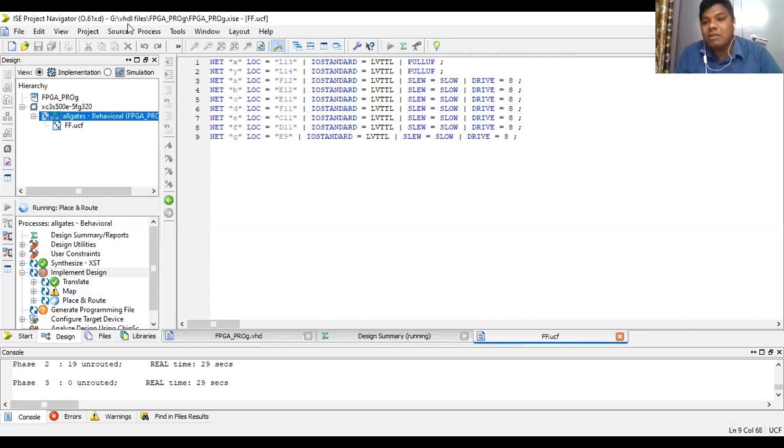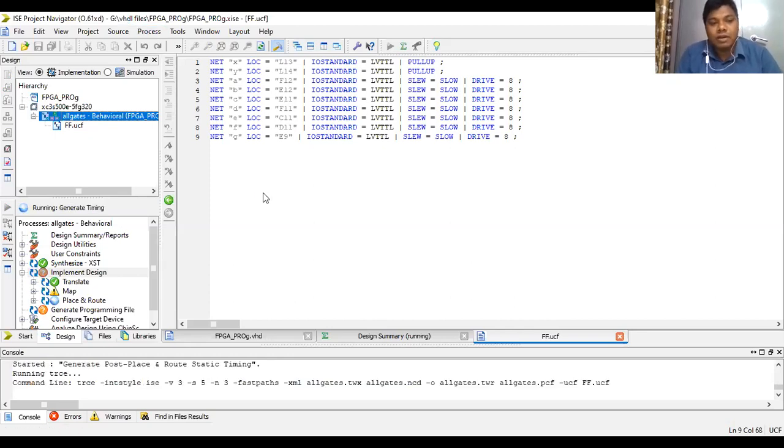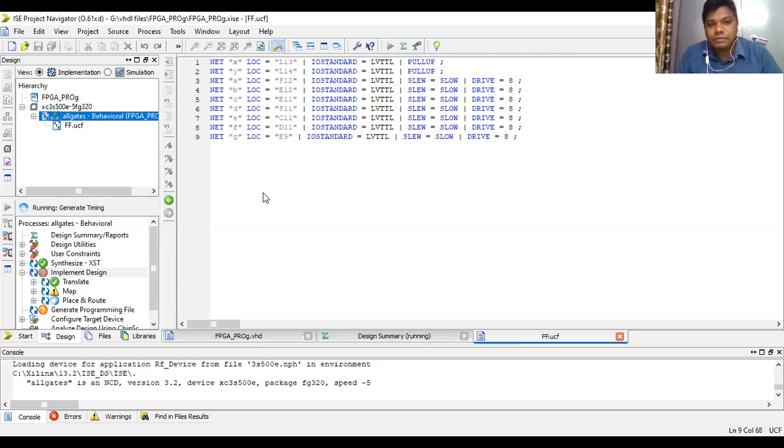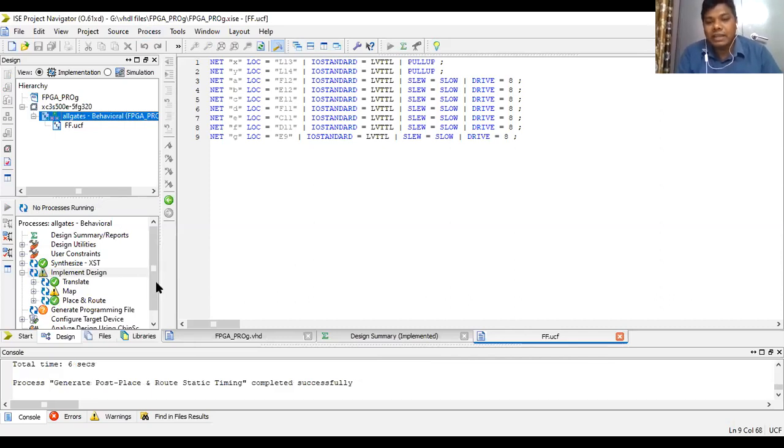For mapping, we will have .ngd. For place and route, we will have a .pcf file. All these files will be located in this folder. Generating timing constraints. See, that has been done. Next, we require a bit file.